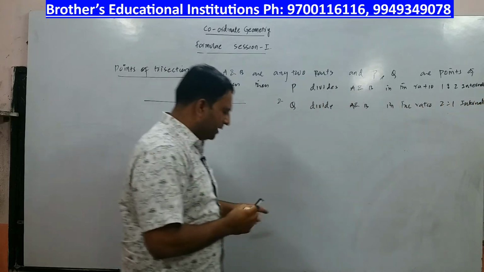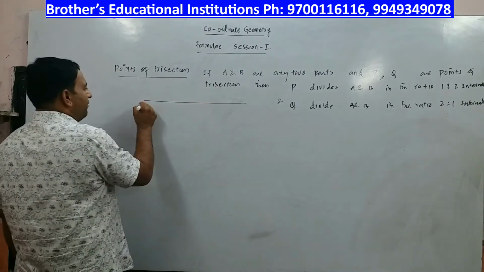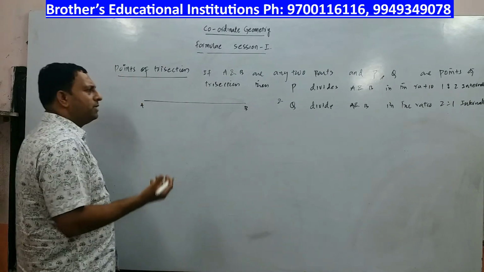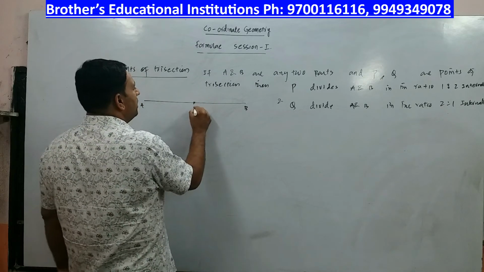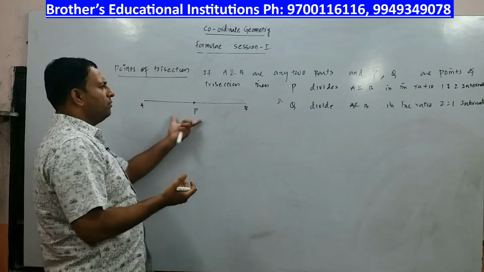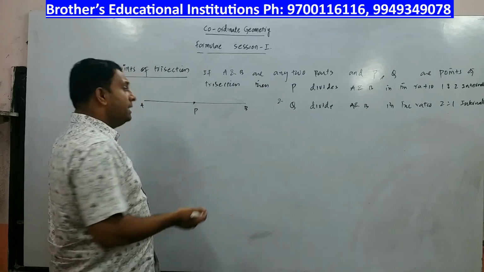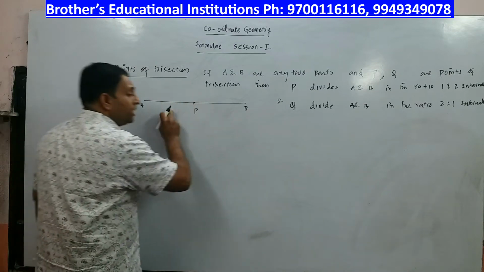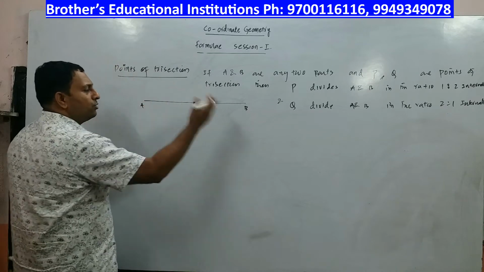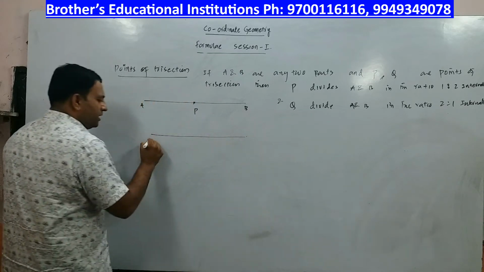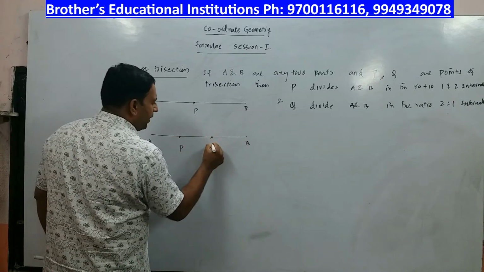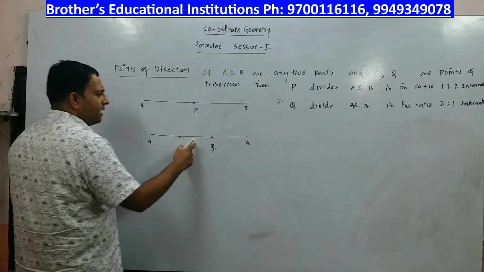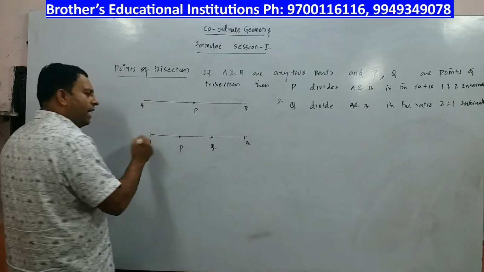Now what is happening? Let me explain to you again. If I have A and I have B, and I want to find the point of bisection, it is also called the midpoint, and we did this just now. To find it we have the midpoint formula, and one point is sufficient. Let us imagine, instead of dividing the line into two equal parts, I divide the line into three equal parts. There is a point A here, there is a point B here, and this is point P, this is point Q. So first part, second part and third part.